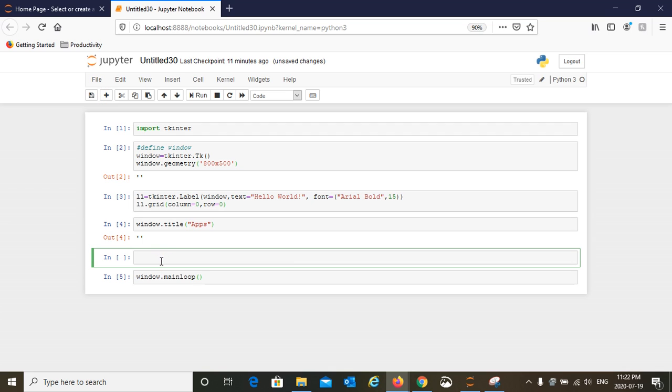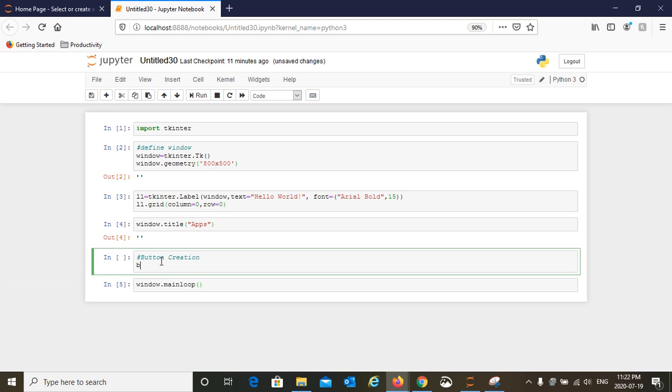Next, let us create a button on our window. So let's say we are going to create here a button. I will write a comment, button creation. The way to create a button is you just name your button. You can name it anything here. I'm just saying button1 for example, and say tkinter.Button. And where is this button going to be? On the same window.